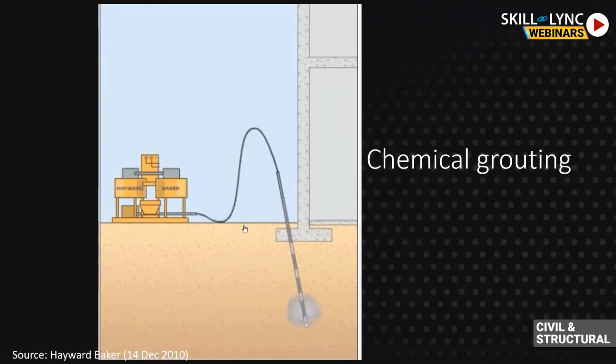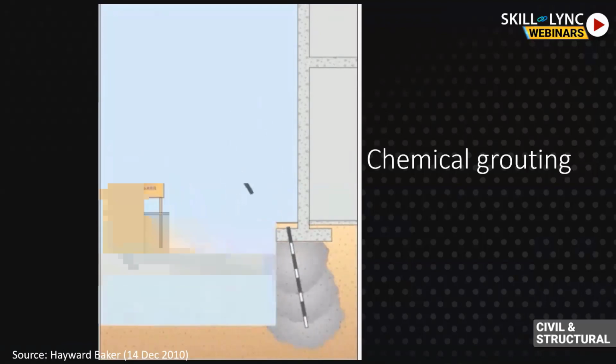That is, once the structure is constructed and then we find that we need to do some improvement, or we need a change, or we need better properties for the soil beneath the foundation, then we can go ahead with grouting. See, here they wanted to make a cut here, and they already had the structure here. Without making the soil below the structure safe for the vertical cut, they can't go ahead with making this cut. So they chose chemical grouting to safeguard the structure too.